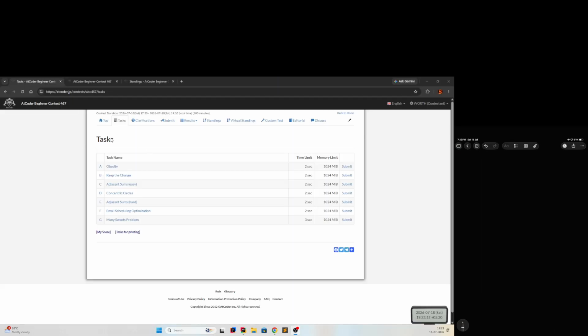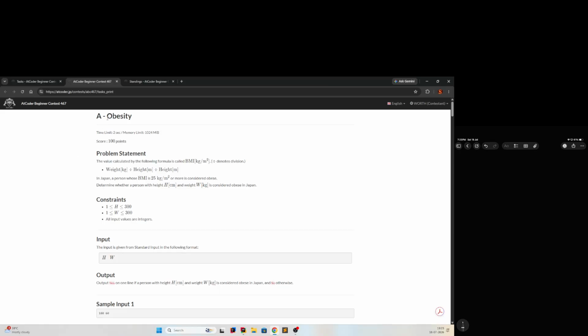Okay, so I was able to solve 5 problems: 1, 2, 3, 4, and 6th. So let's go through them. Problem A, obesity. Here we are given a formula for BMI, which is weight upon height square,